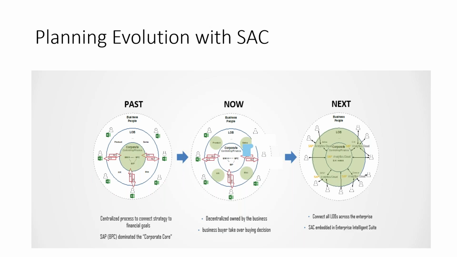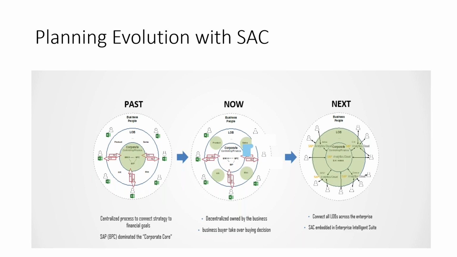Okay, guys, here you see how planning evolved with SAP Analytics Cloud. Generally, we have three layers in planning. One is the technical consultants. Then the LOBs, meaning line of business, which are the planners. Generally we call them department people, who know the in and out of their organization. And then the business users.